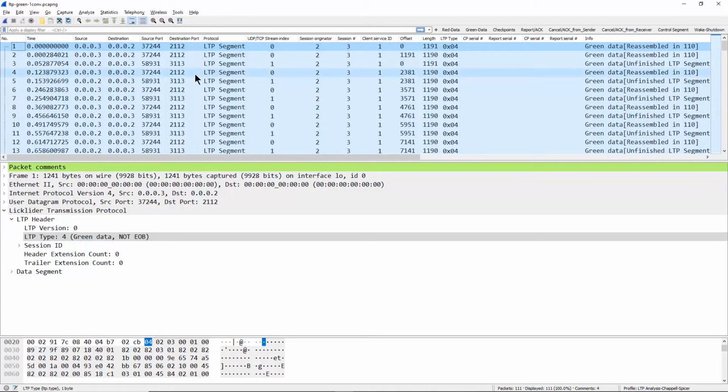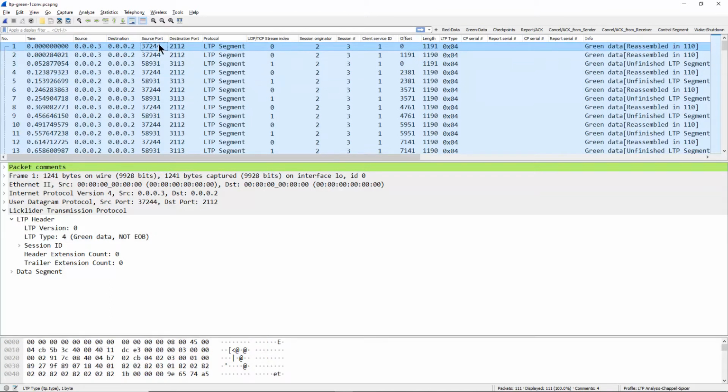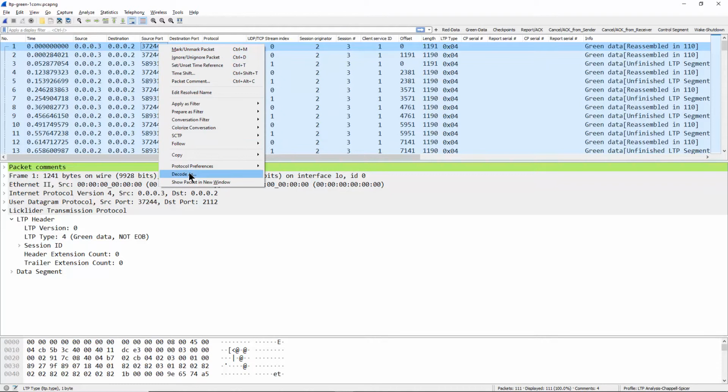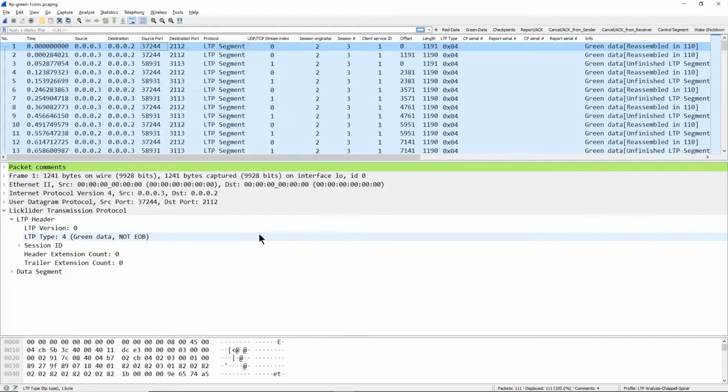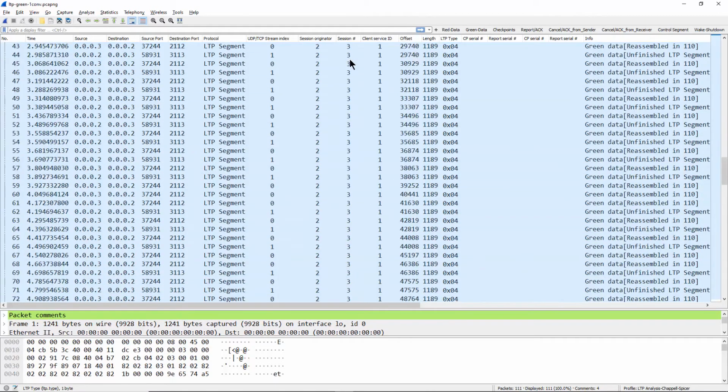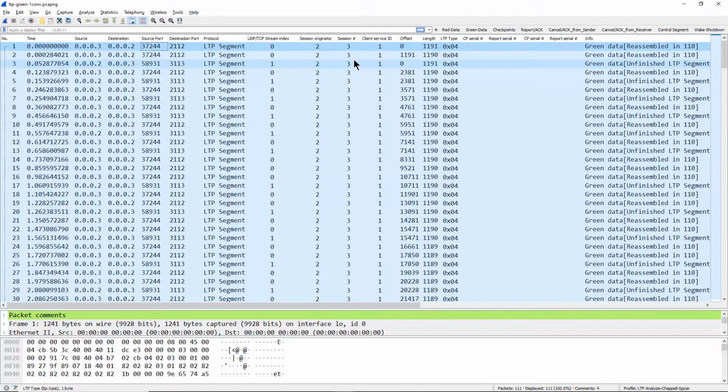The first thing you may notice when you open up an LTP trace file that you capture that way is that Wireshark may not recognize it as LTP traffic. We actually went inside of our profile and forced the LTP dissector on a number of the different port numbers that we see in our ION traffic. In this communication, we have .3, which is sending data to .2, and .2 is echoing that data back. Notice this is all done in the same session.